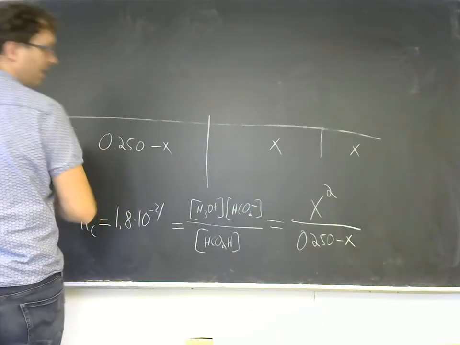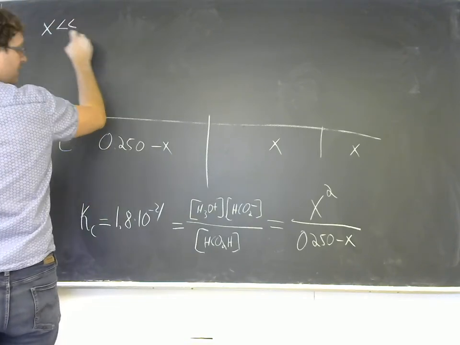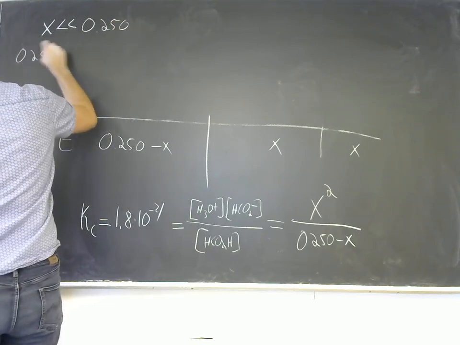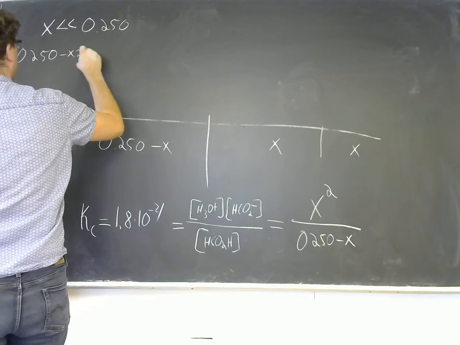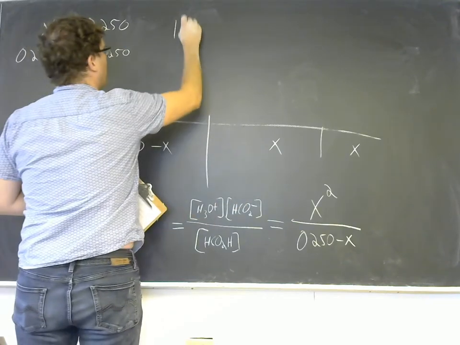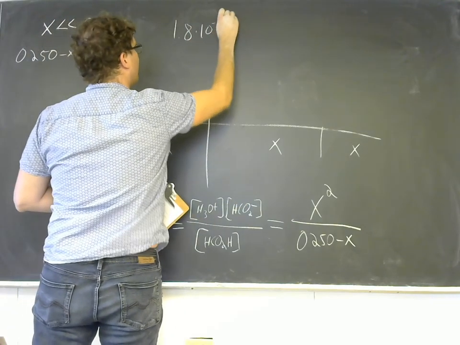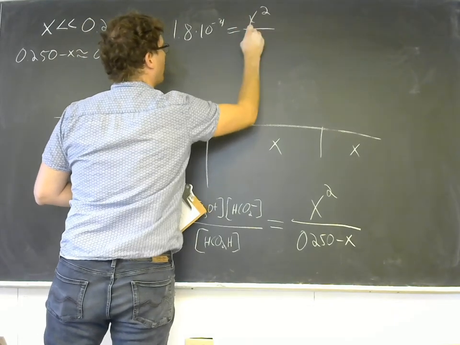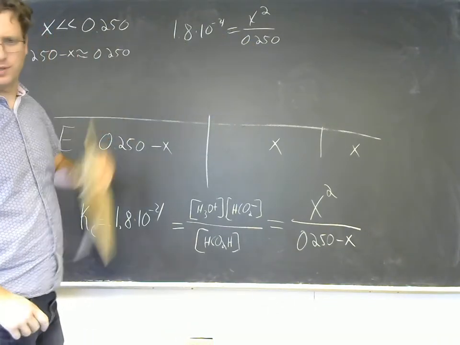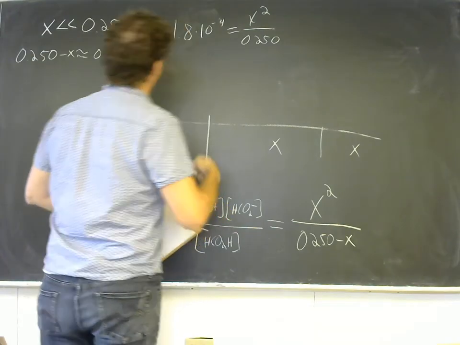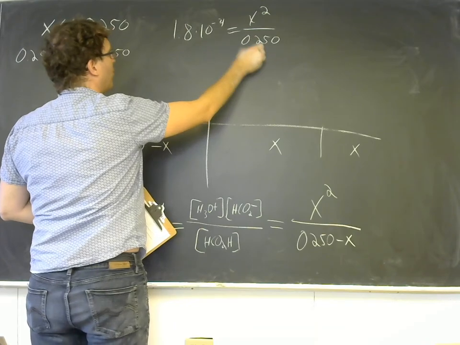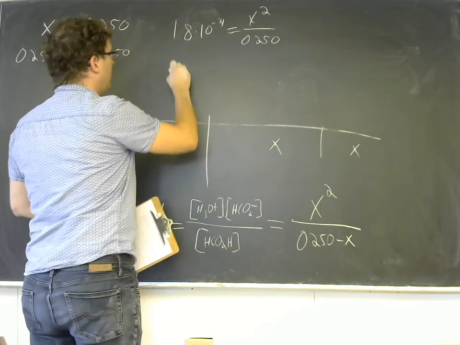And if we make the assumption that x is much less than 0.250, then 0.250 minus x is pretty much equal to 0.250. And that'll simplify things a lot. We can say 1.8 times 10 to the negative fourth is equal to x squared over 0.250. And now we can just multiply that over to the other side. So the 1.8 times 10 to the negative fourth times 0.25 is going to be